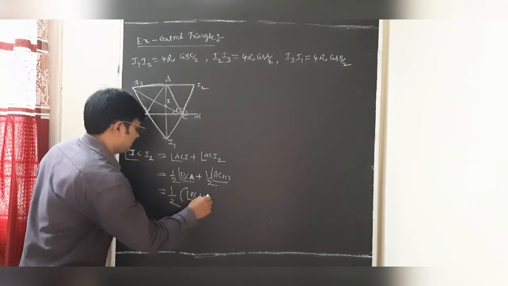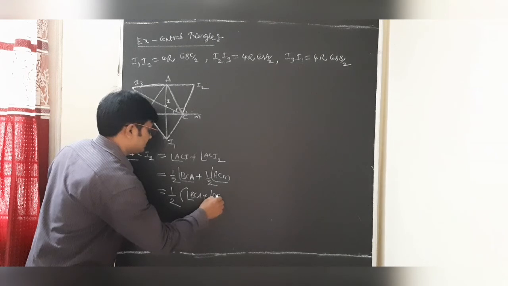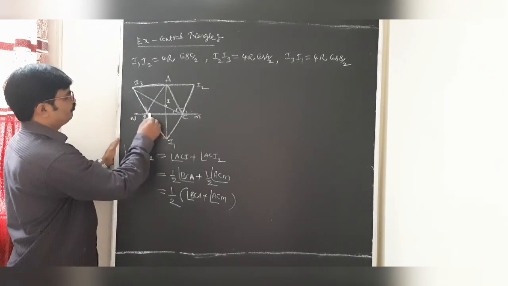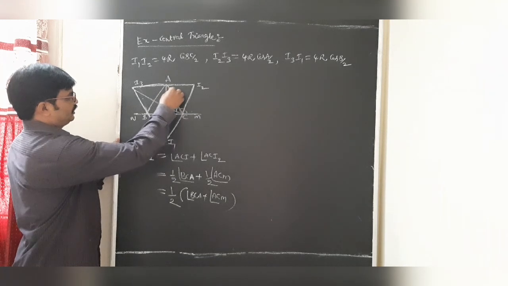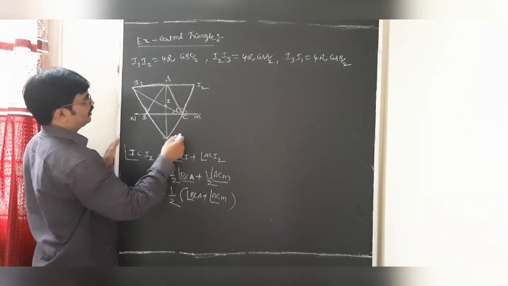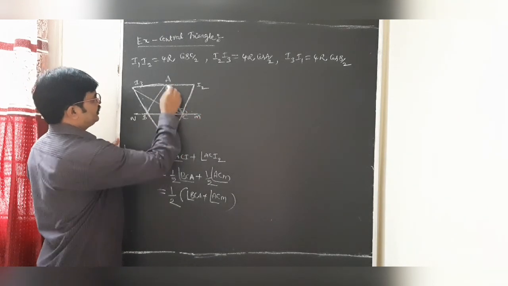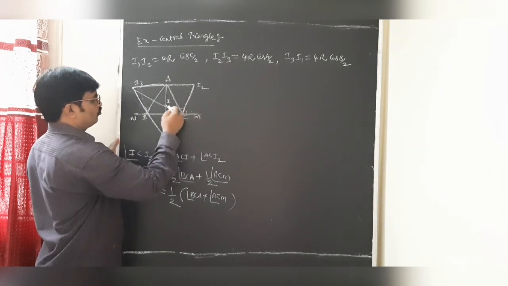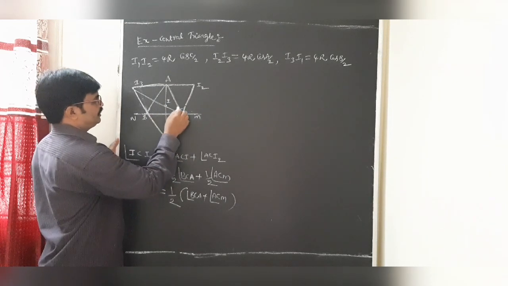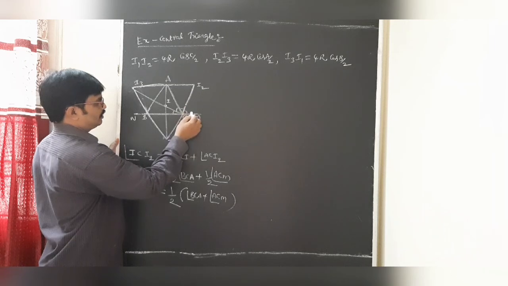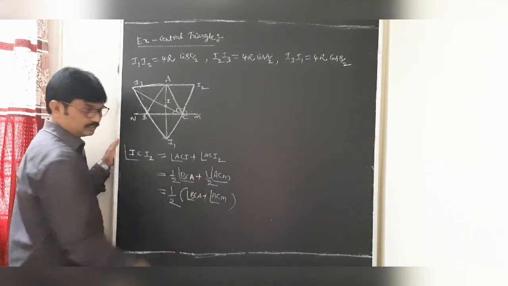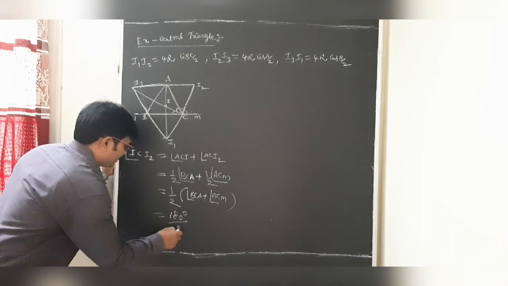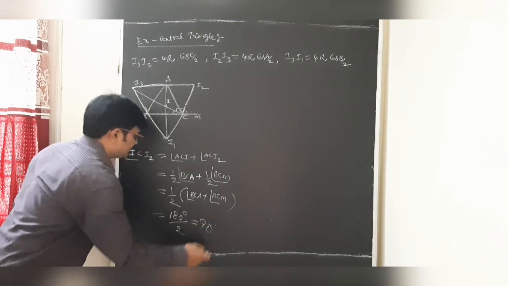Therefore, angle BCA plus angle ACM. My dear students, what are they here? This is BCA and this is ACM, and together this complete part is 180 degrees. Undoubtedly this is 180. So students, 180 degrees by 2 equals 90.